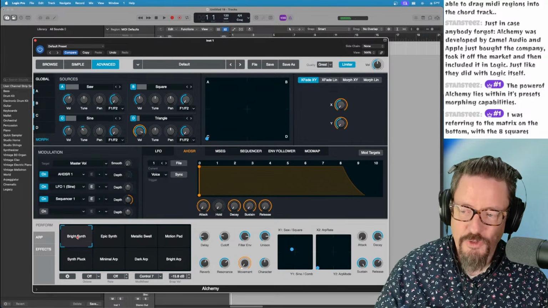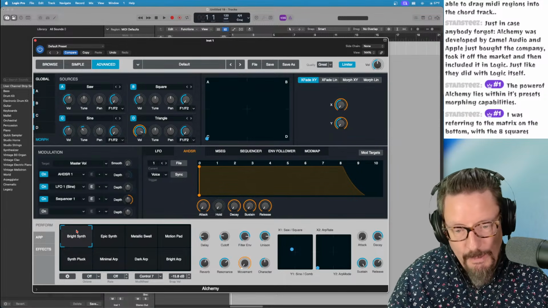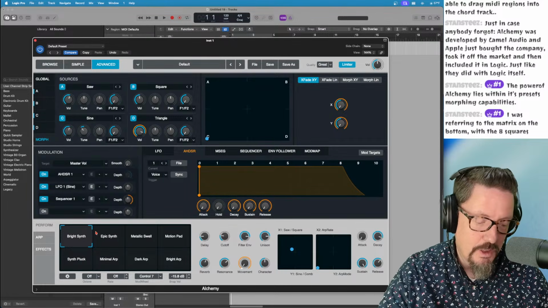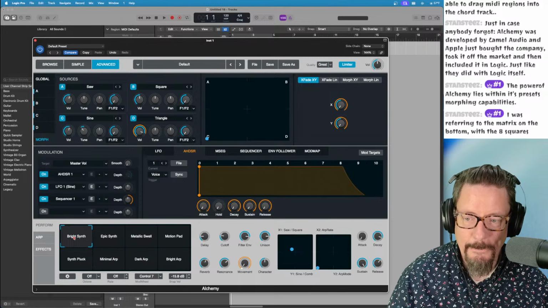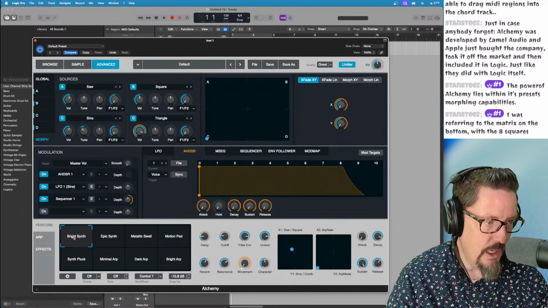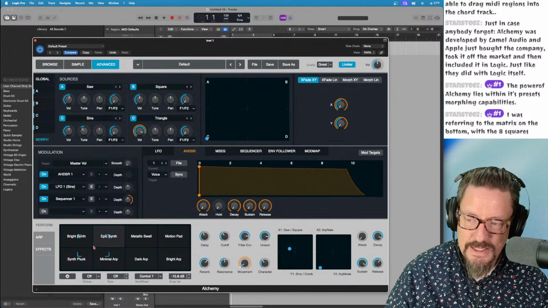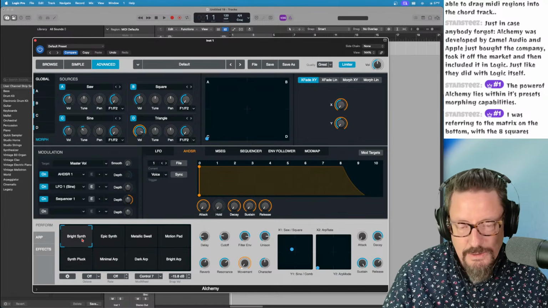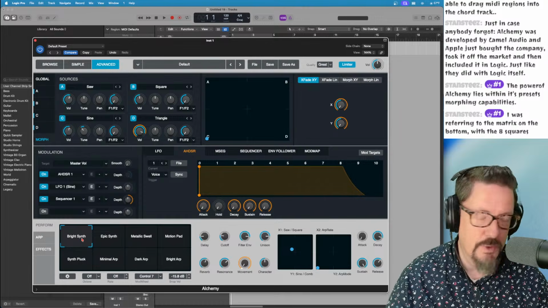Right? And we don't have to use the mouse to control that. If you have the Logic Pro Control app, you can use your finger to do that. It's all automatable and controllable. This is an implementation that I still like better than what they have on Omnisphere right now. And so this section at the bottom, the performance, I think is one of the highlights of Alchemy, just like someone in the comments was talking about.